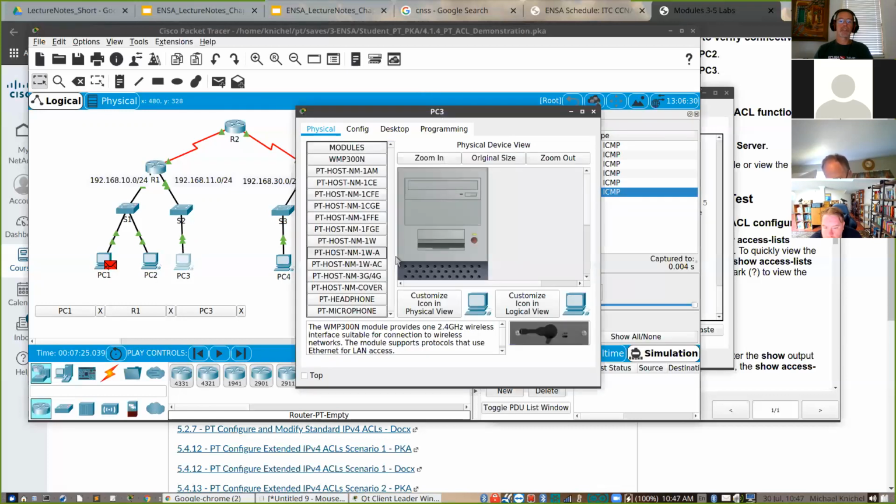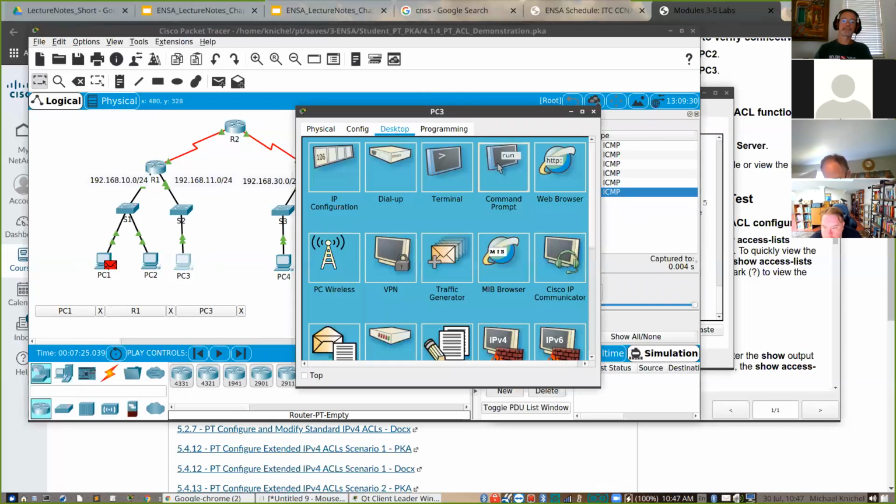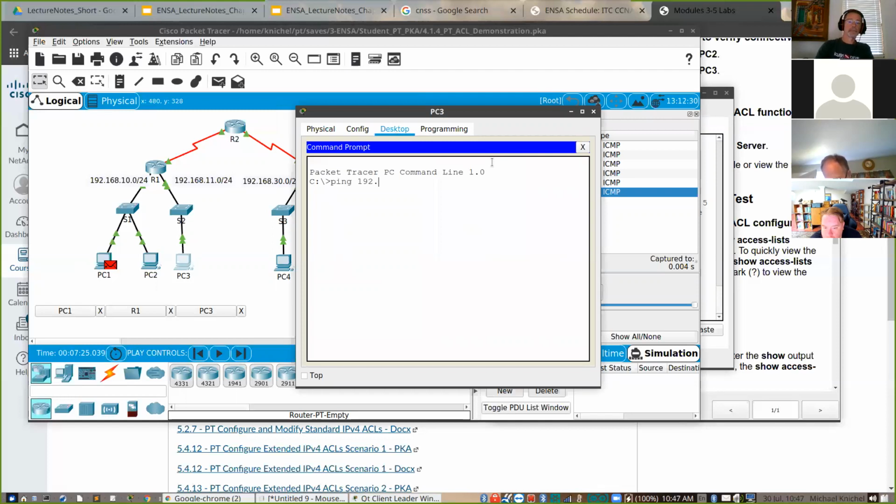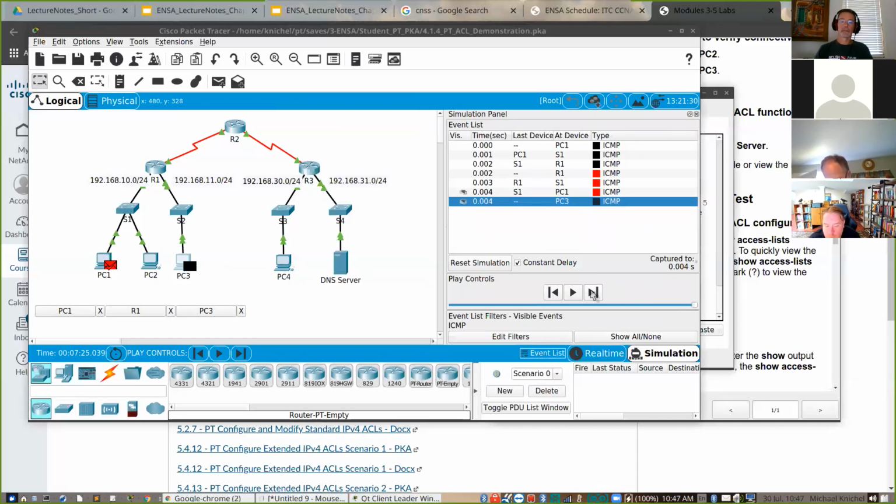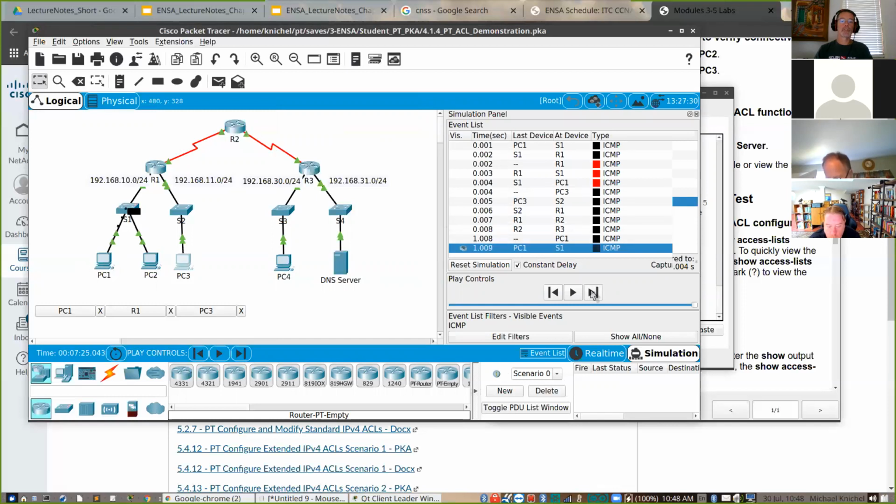But what about PC3? It comes up, goes across and over just fine, right? The first one may have failed. These are failing now because I have two packets on the list. But that one passed because we only have one ACL for the 10 network.